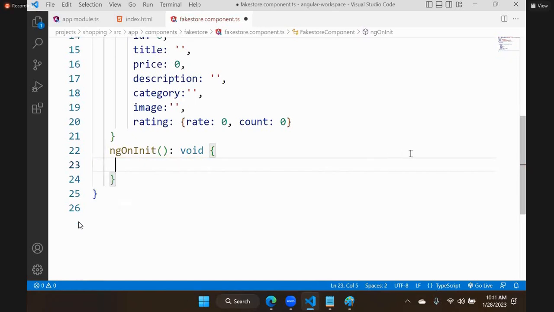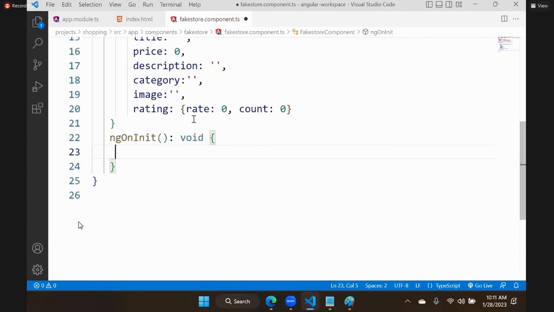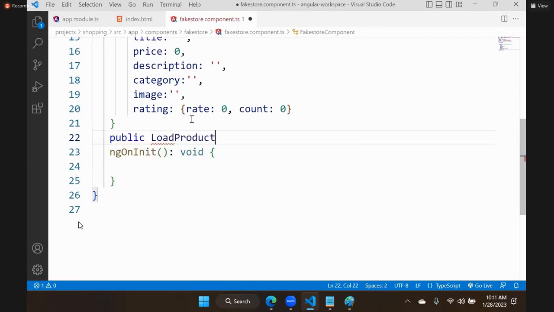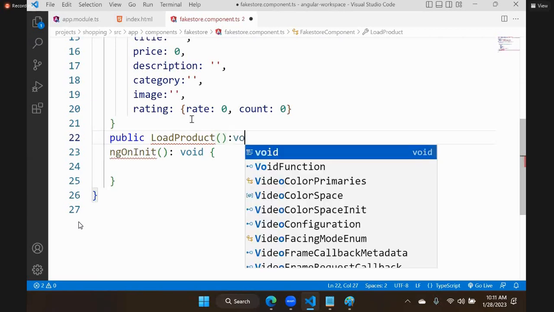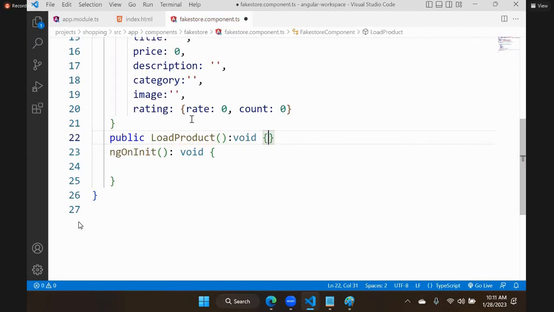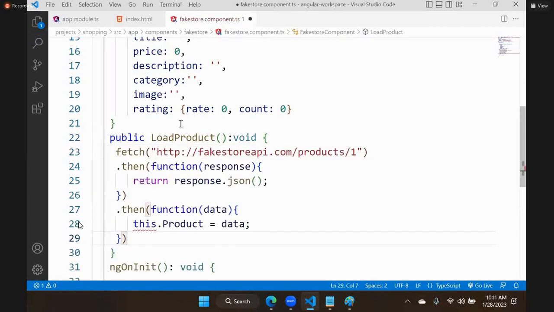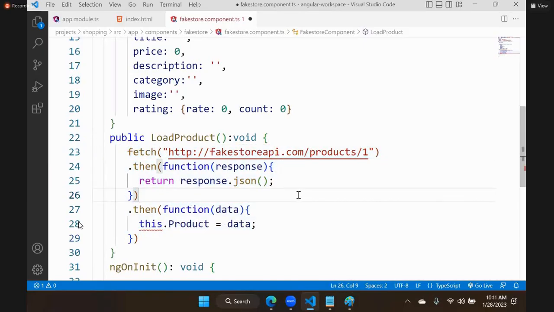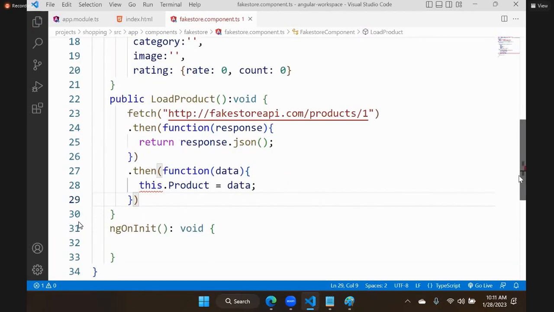Okay. I am writing a method here, public. The method is loadProduct. It is a method. It is what type? Void type. In this method, I am giving the functionality. And when you are giving the functionality in that method, you can see again,